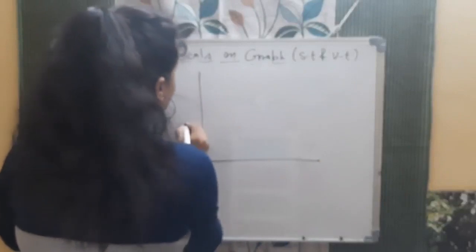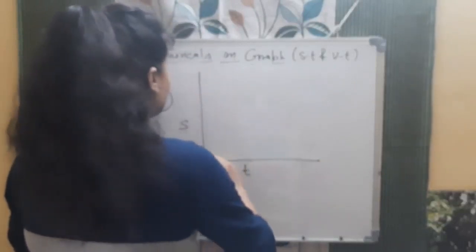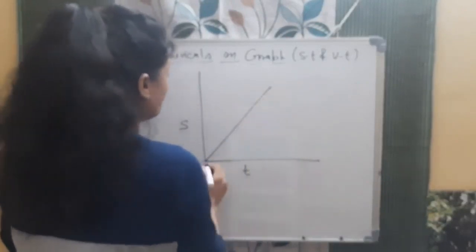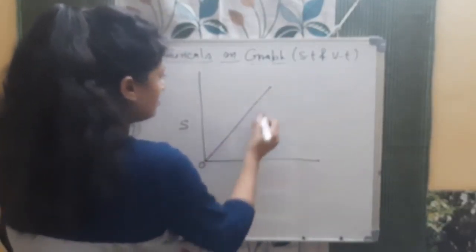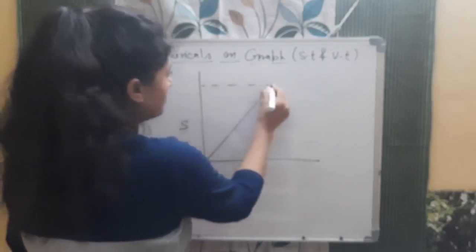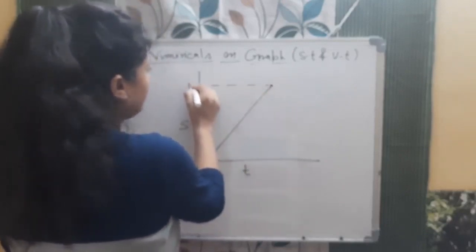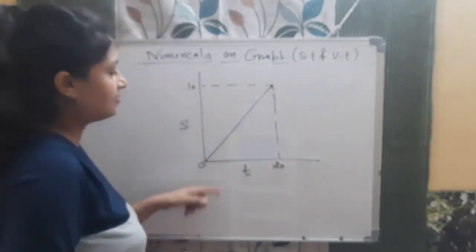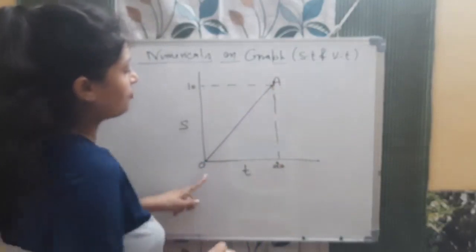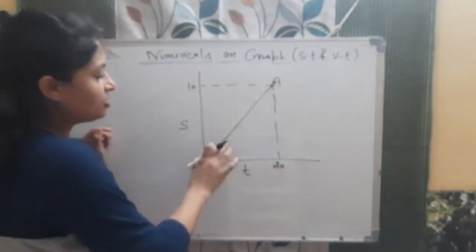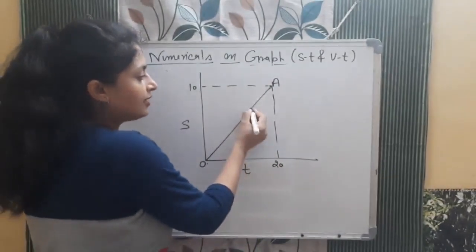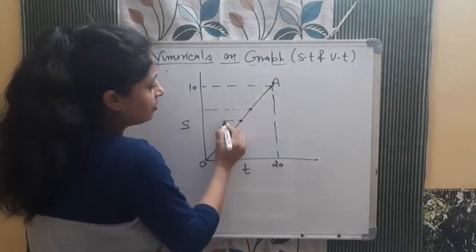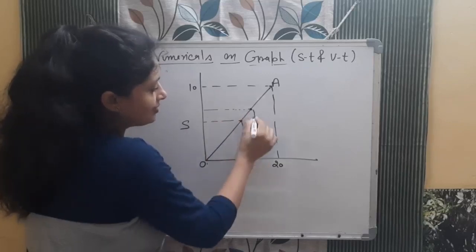This is again a distance time graph, and it is like this. This is the origin, and this is a point here, it is 10, here it is 20, and I am saying find out the journey of the object from O to A. So what will be the journey? O to A, take any point. In graph paper, when you draw a perpendicular, you get to know what the value is here.